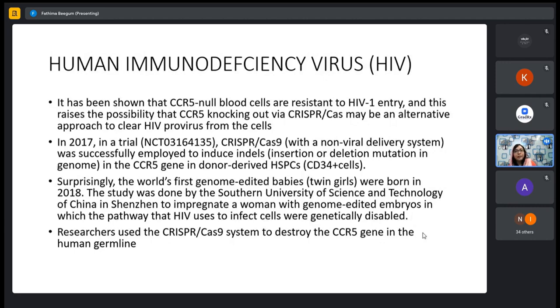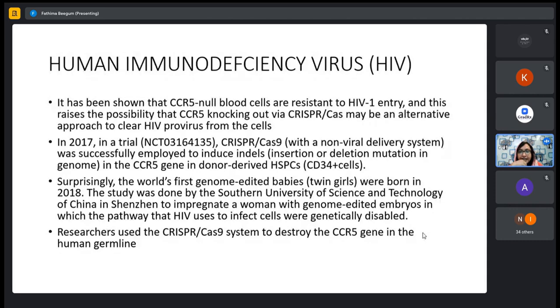So that becomes a problem, a debate, how to use this CRISPR technology for germ cell therapy. It raises an ethical concern. So much concern was there, so many problems arose, and it was considered illegal. So many problems arose. So here, HIV, CCR5, we know that chemokine receptor 5, it null blood, it is